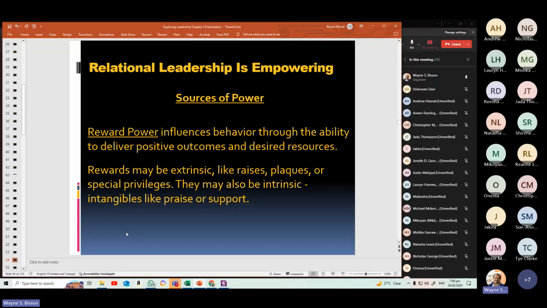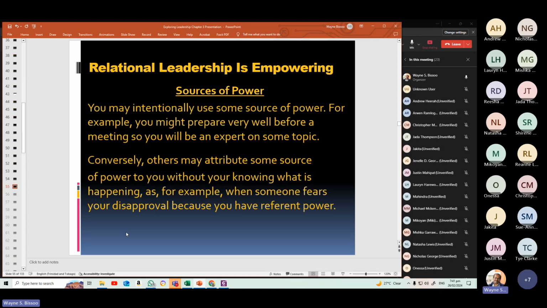All right. So when we talked about reward power, this is the ability to deliver positive outcomes. So these may be both intrinsic and extrinsic. So like raises, plaques, special bonuses, that type of stuff. Intrinsic would be those things that you can't see, obviously, like praise and support, and they make you feel good, kind of thing. All right,